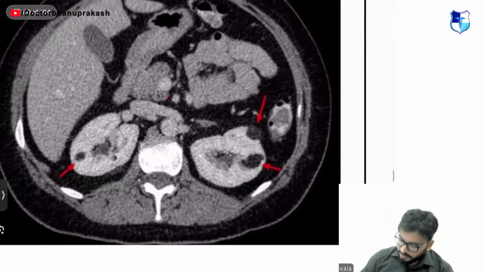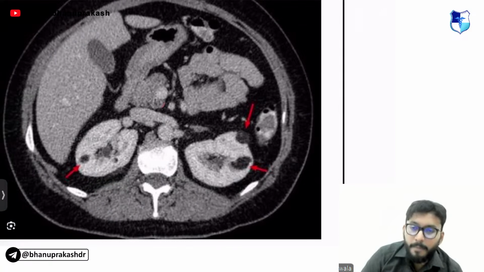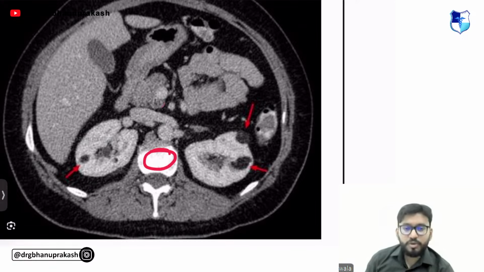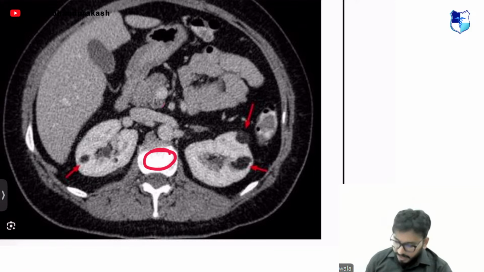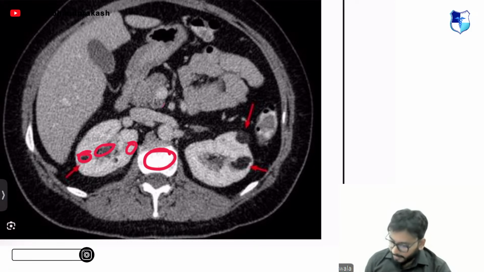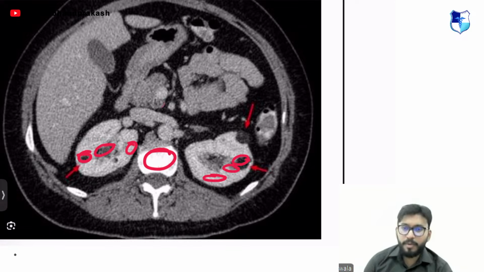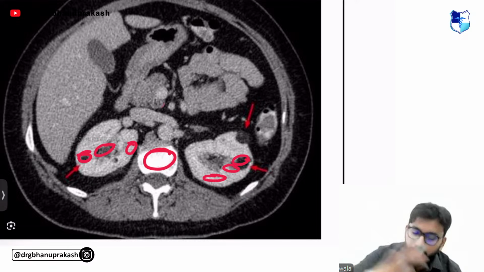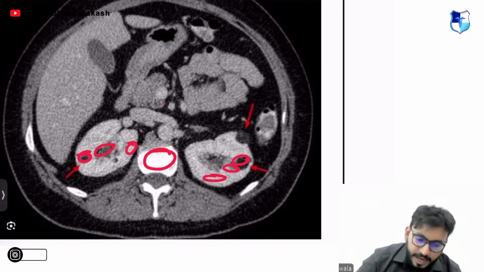Angiomyolipoma, guys, look at this. Angiomyolipoma means multiple densities will be seen. This is a CT scan. Can you see? The cortical bone is white. So multiple densities: this is black, this is gray, this is white, this is black, this is gray, this is white. Angio means blood vessel, myo means muscle, and lipo means lipid or fat. So multiple components, multiple densities.